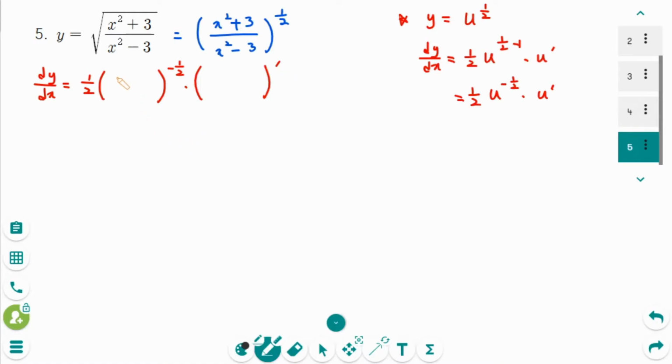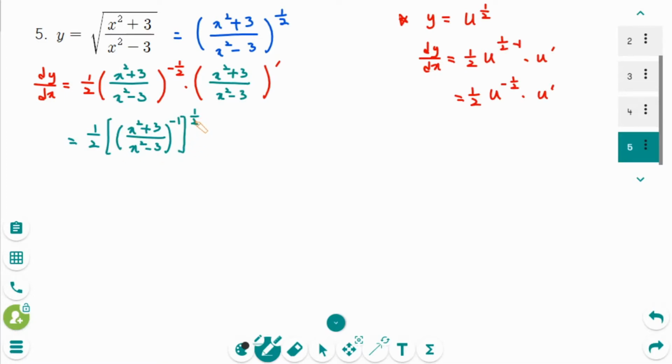Then keep the inner function, (x squared plus 3) over (x squared minus 3). Then we can rewrite as 1 over 2 times ((x squared plus 3) over (x squared minus 3)) to the power of minus 1, then to the power of 1 over 2. Use the quotient rule. (x squared plus 3) prime times (x squared minus 3) minus (x squared plus 3) times (x squared minus 3) prime